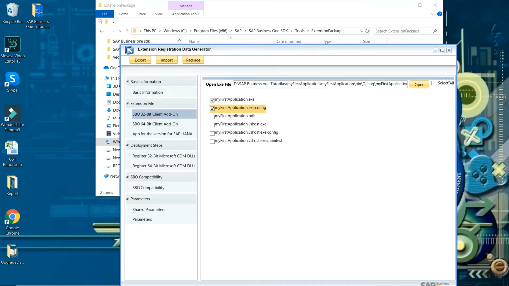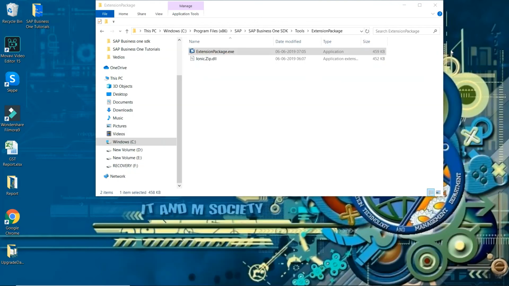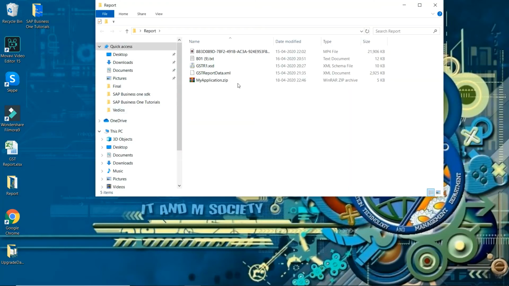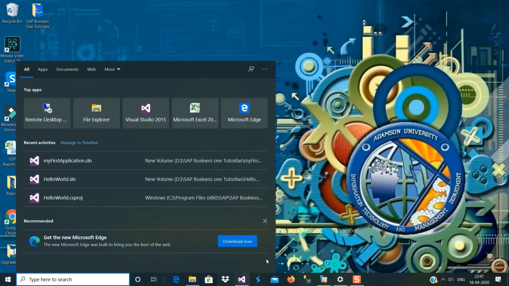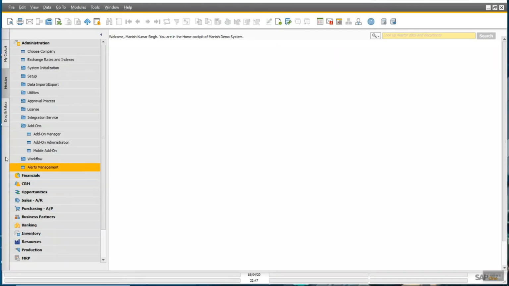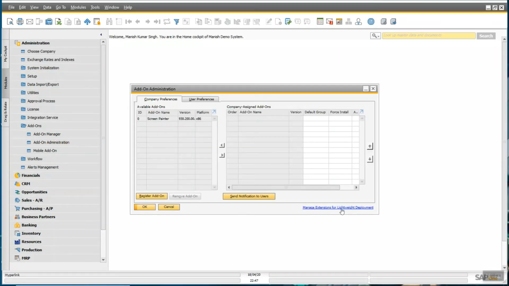So let me check it out. This one. So we will deploy this add-on. For this we will log in to SAP Business One and go to the add-on administration. Click here, manage extensions for lightweight deployment.